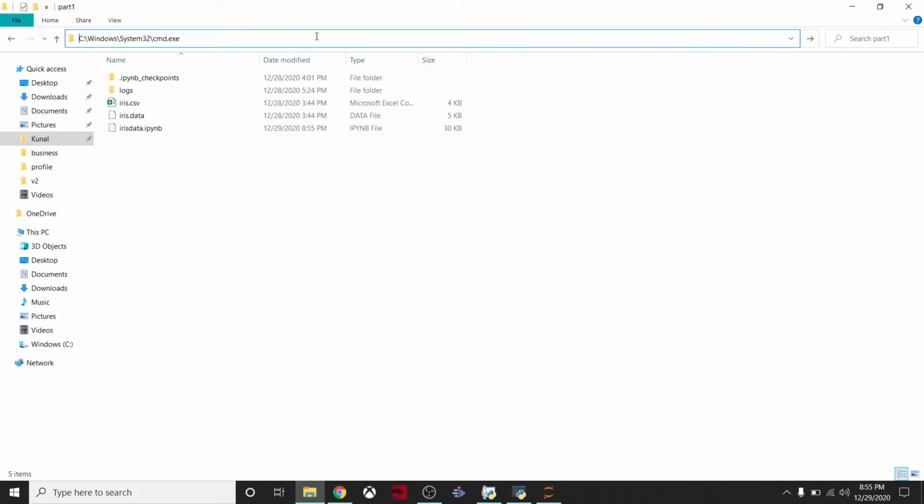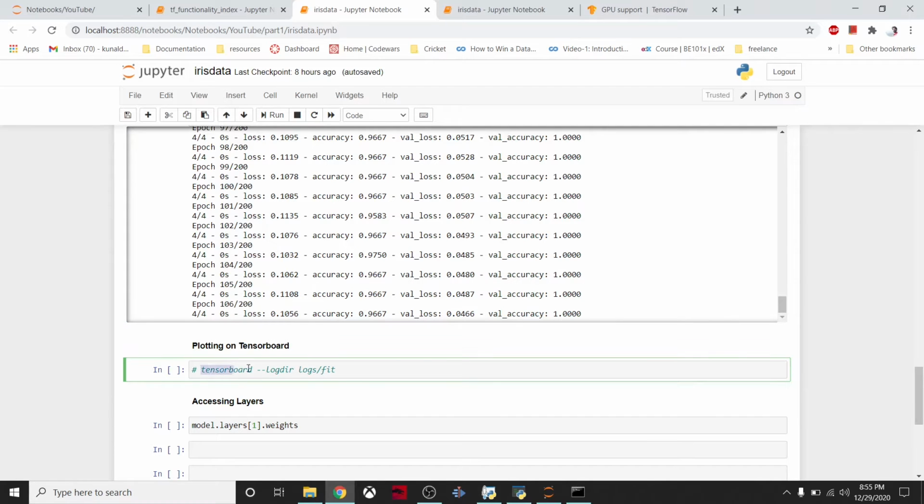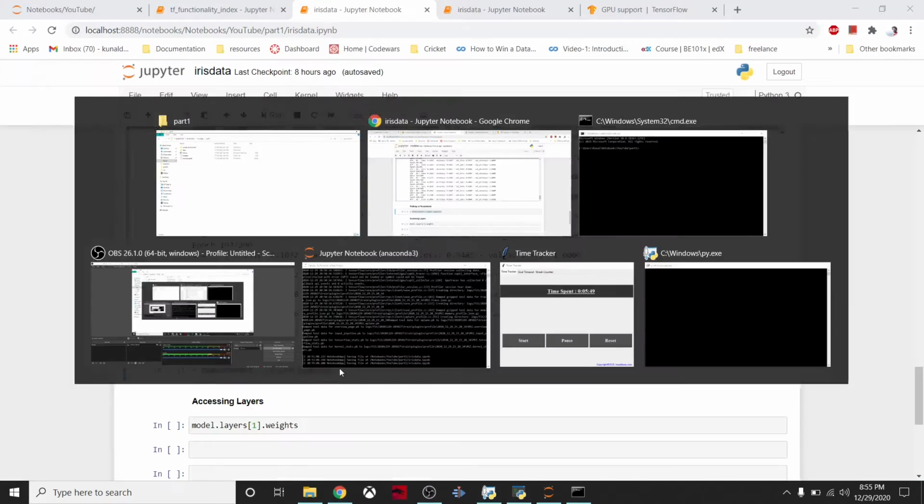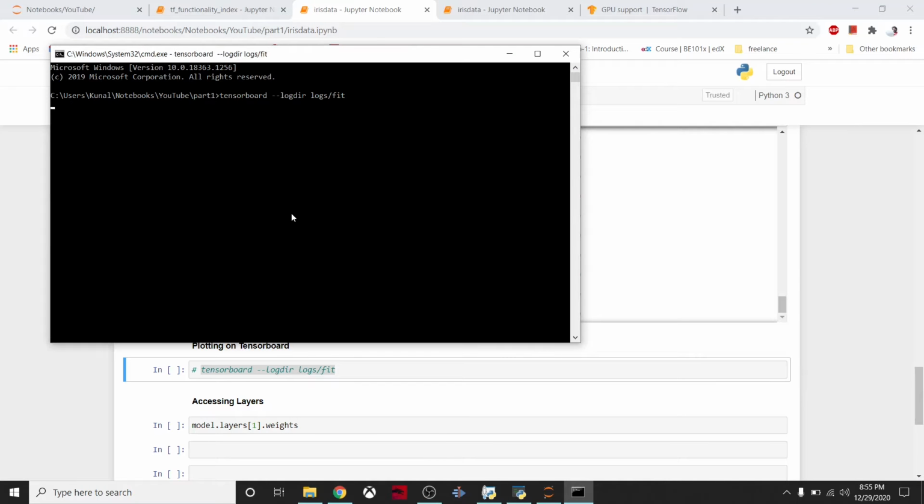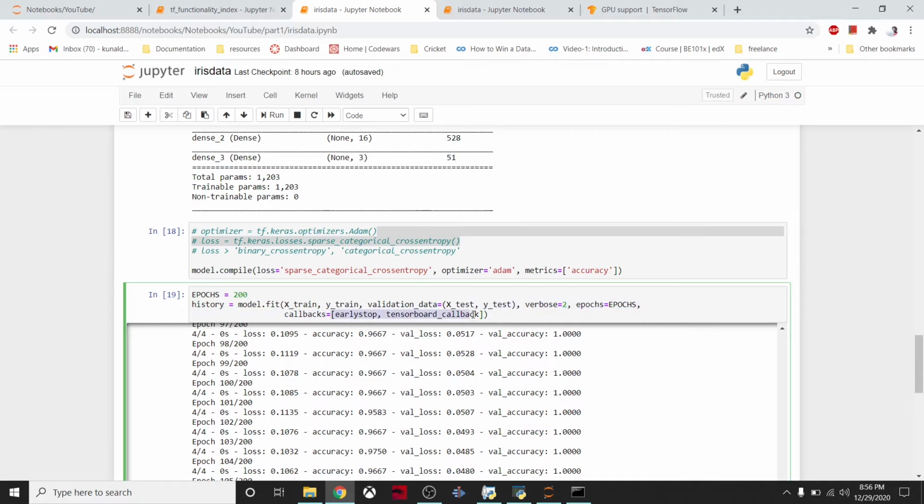Okay, here in the command line, see here the command is given. Where is it? Here it is, Tensorboard. So we'll copy this from here and paste it in this one. So it will load the TensorFlow library, and it will render the graphs relating to the performance of our training. So we'll see in a moment, and while this loads, I'll explain this early stopping and what this Tensorboard